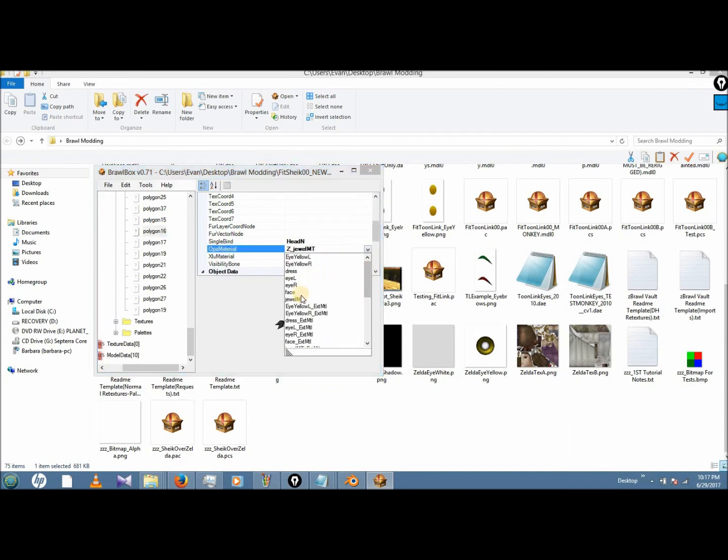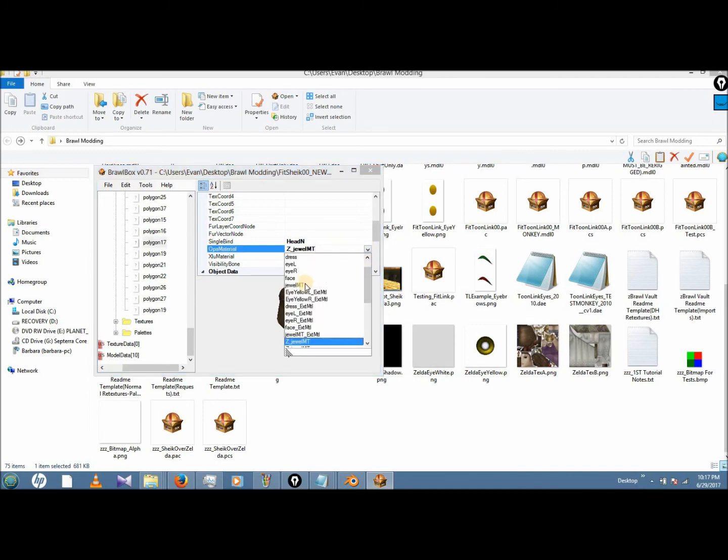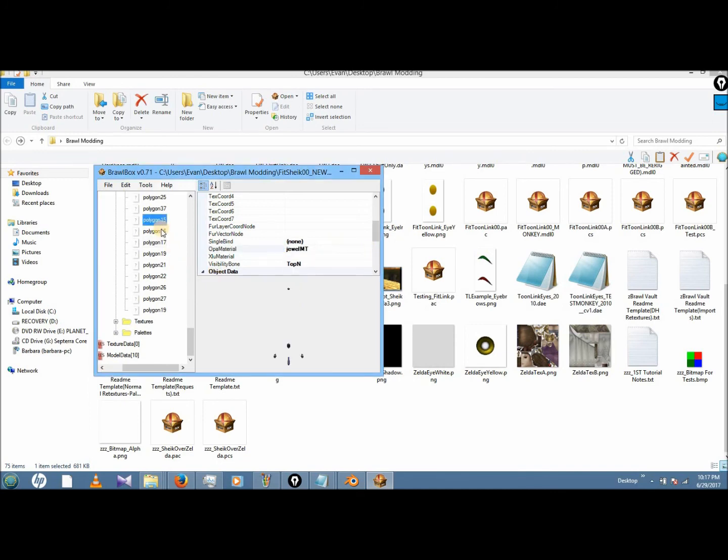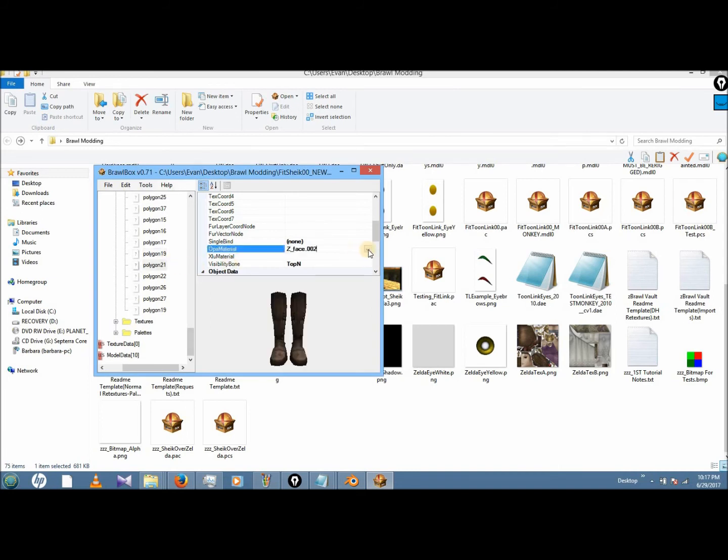That also to GLNT. And that one. That one will be dress. Face 02. Or just face, I guess.